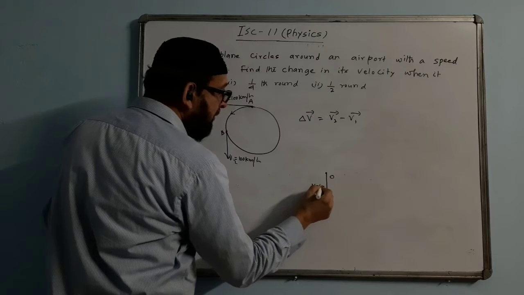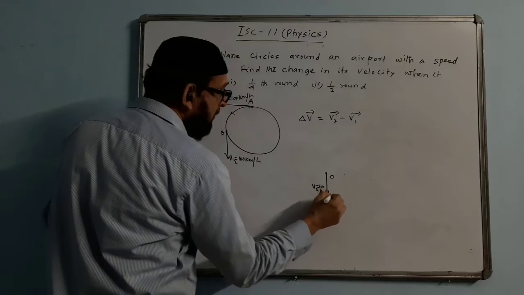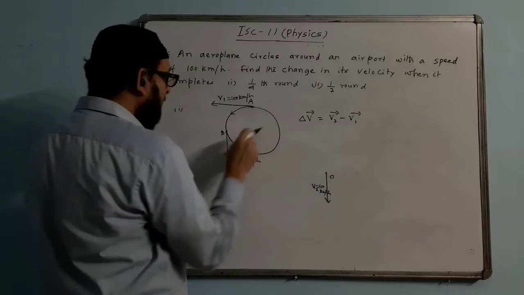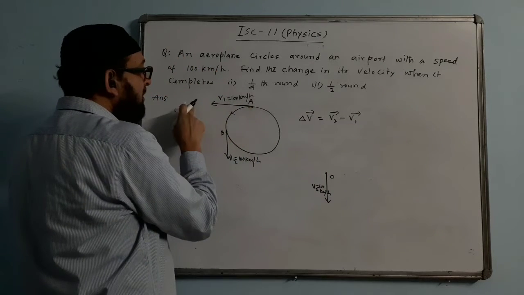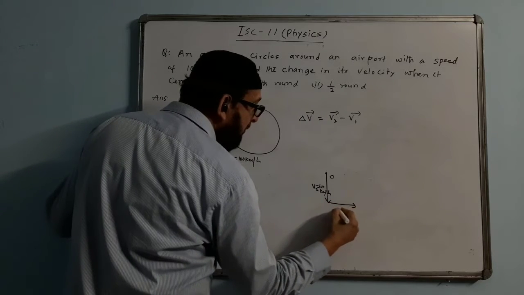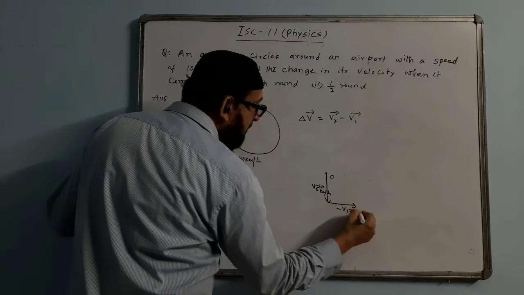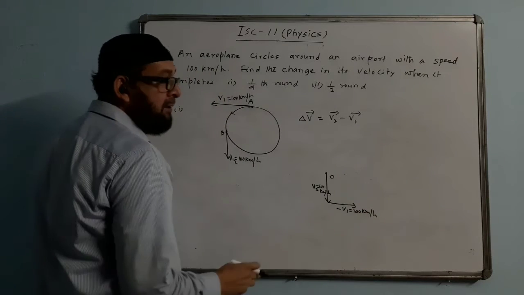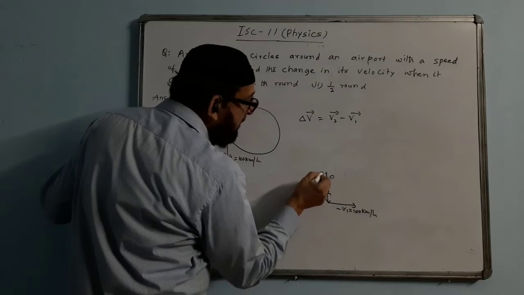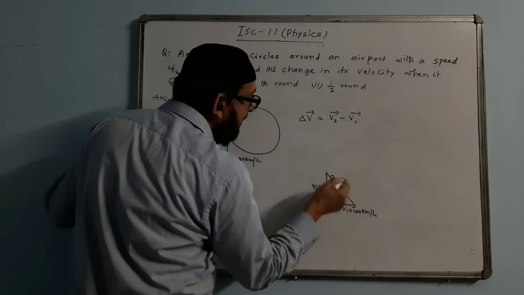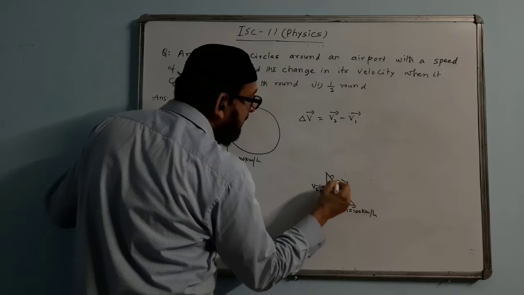V2 is 100 km per hour. Then from here only we will continue. Minus V1. Minus V1 will come this side. This side is plus V1, and that side will be minus V1. From here we will be doing minus V1. The magnitude will not change. Direction is only changing, that is why I am putting a minus sign here. So where is the resultant of these two? The resultant will come over here. But this time the resultant is delta V.